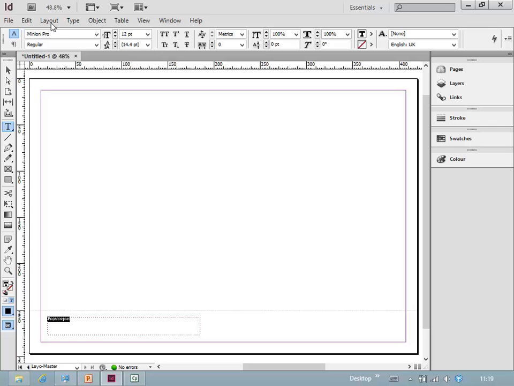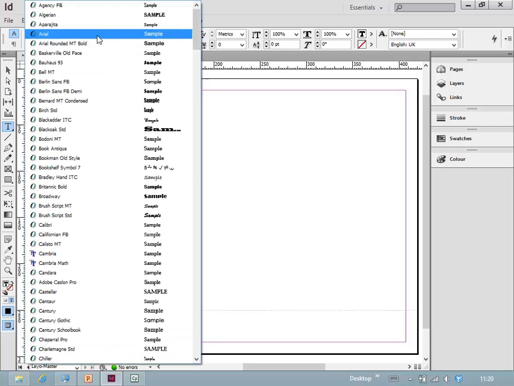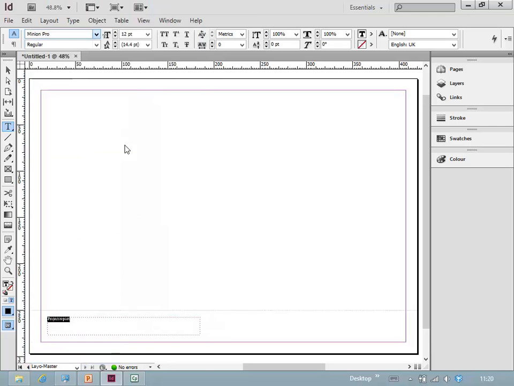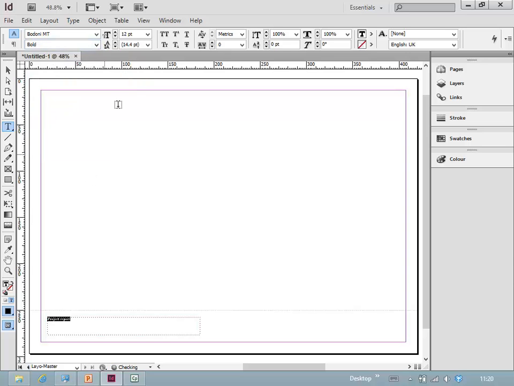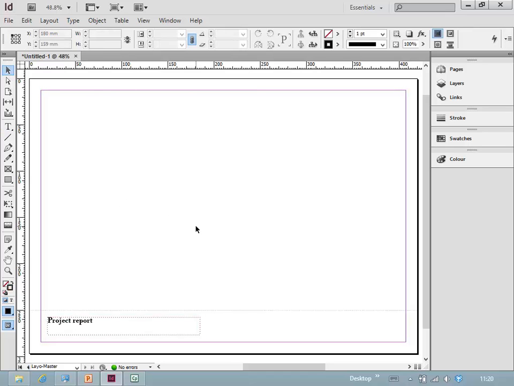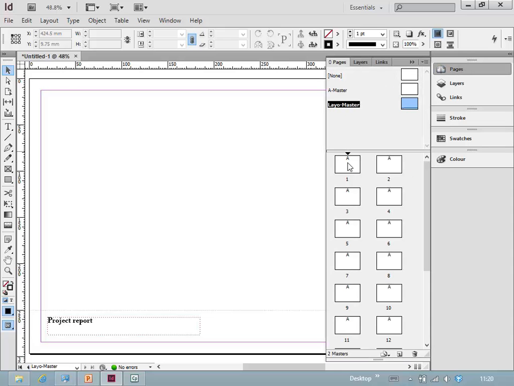Let's just highlight that text. Let's change its font to something else. Let's make it bold. Let's just make it a bit bigger so you can see it. Okay. So there's our master sheet layout. If we go back into our pages, let's go to page 1, double click